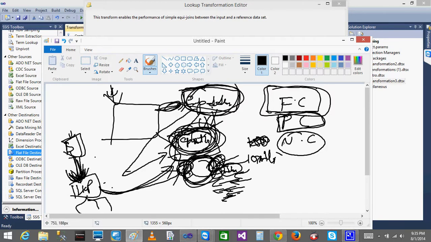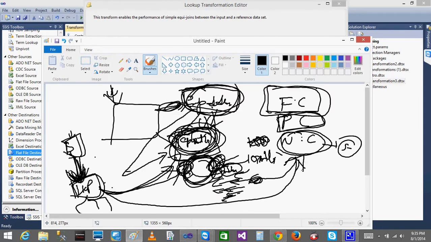What is no caching? No caching means it will not load the data into the temporary location at all. When the package starts, it will get data from the source. For each record, it will go and check in the destination lookup table. Let's say that lookup is on server 2. It will go to server 2 and check whether the record is there or not, and based on the condition, it will pass it to the output. For every record, it will go and check directly in the destination. It will not wait for caching.